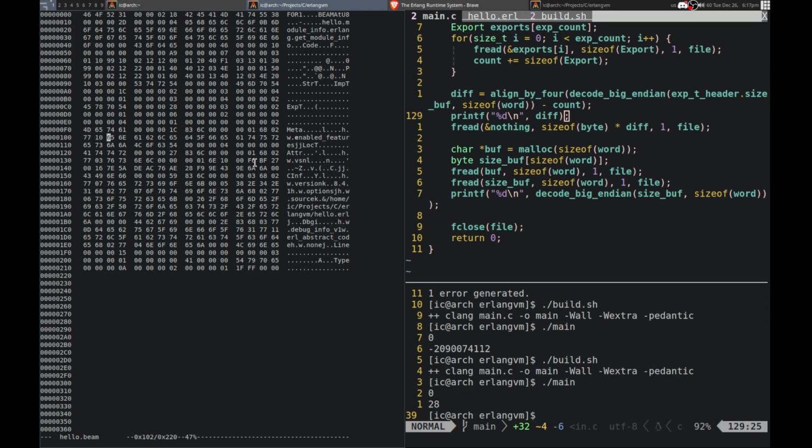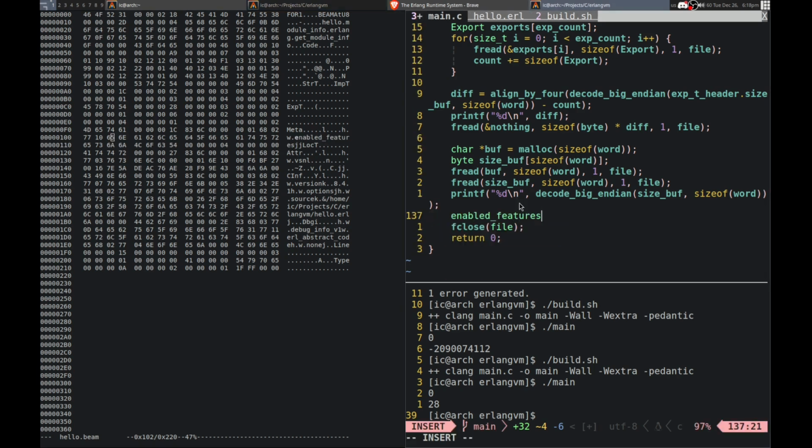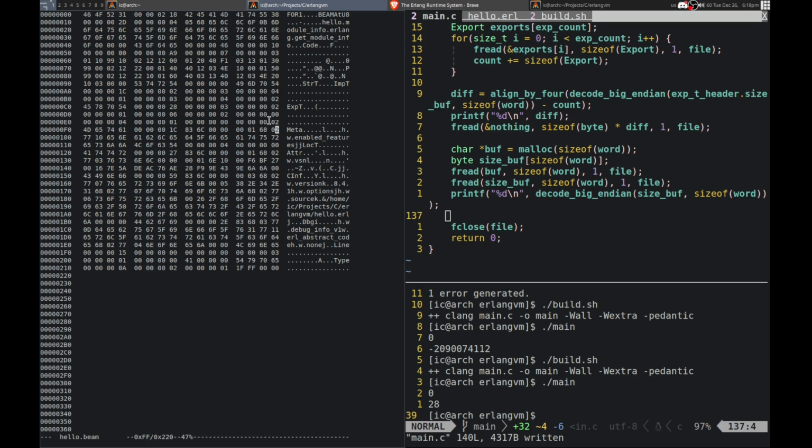This is going to be 16. Is that actually the length of this? Let me actually do that. Enable the features. That is 16. Okay, so that is what we're reading from there. So this is 16, and that is the length of that. So this is 0. And then 1. So that's a 1 actually. So we're reading 1 there.